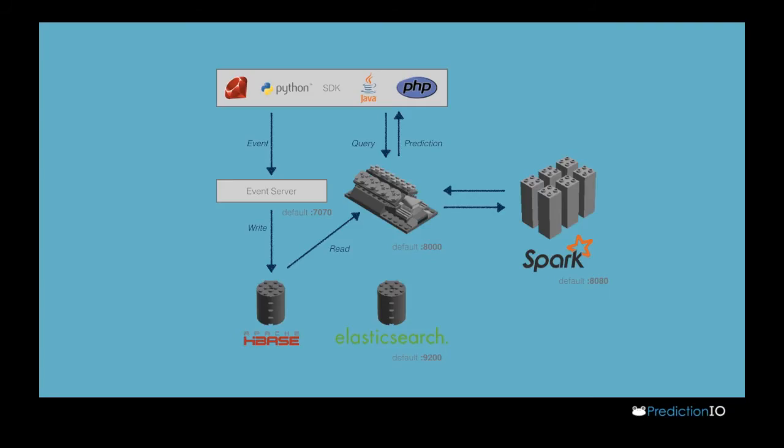As you can see, we've got SDKs for Ruby, Python, Java, PHP. So I guess there's two core use cases. One is if someone just wants to use an engine, they're able to interact with the engine to query it for a prediction using any of those languages. We also have wrappers that have been contributed by the community for .NET and for Node.